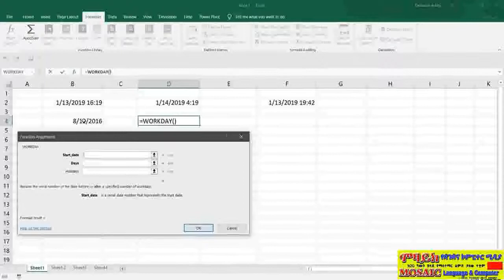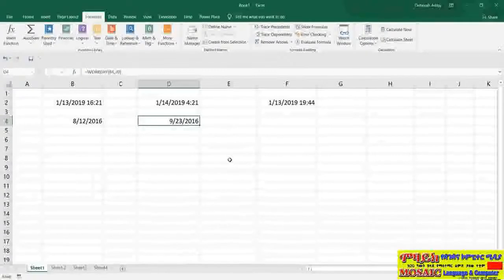We're going to select B4, and then we need to specify the amount of days. So in this case, 30. And as I said, we have a third argument we could complete for holidays. We're not going to do that just at the moment. We will do that in a second. And click on OK. And again, if I do a quick visual check, and you can check this yourself if you want to make sure that it's correct, that is roughly 30 working days in advance of the date in